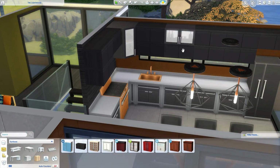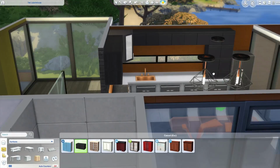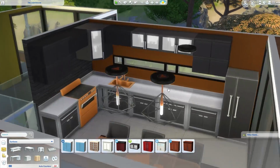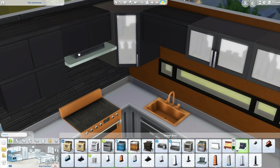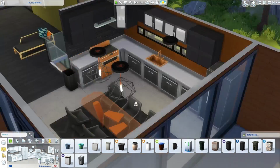So that's pretty much the kitchen almost done. I was having a little bit of a crisis with the cupboards here. I was like, so many cupboards. Which cupboards do I use? But I think I'm happy with this now. And I wish the fridges would...